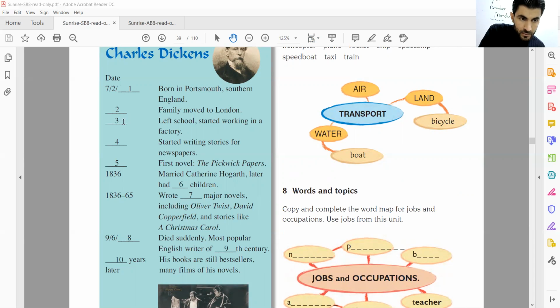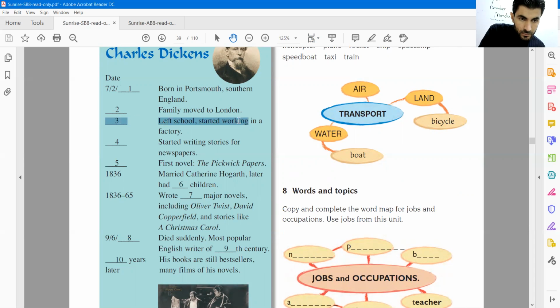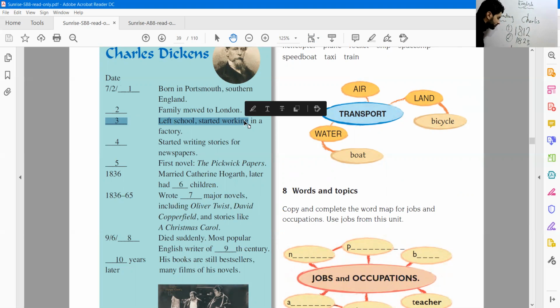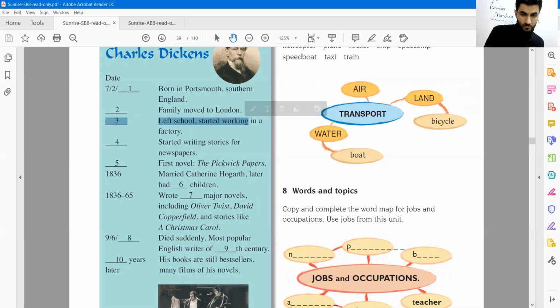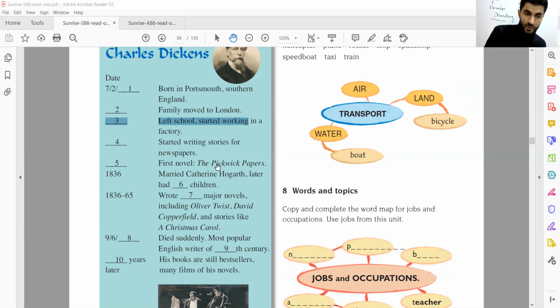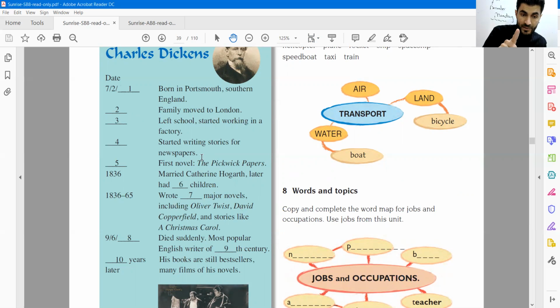And the family had no money. Charles left school in 1824, and when he was only 12 years old, he started working in a factory. But things became easier. In 1833,